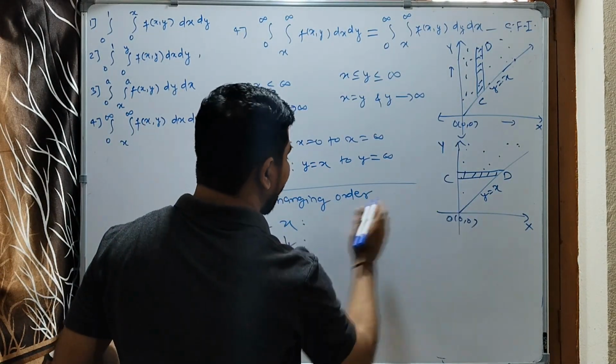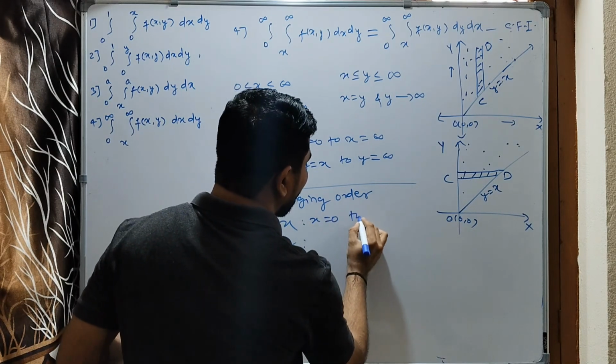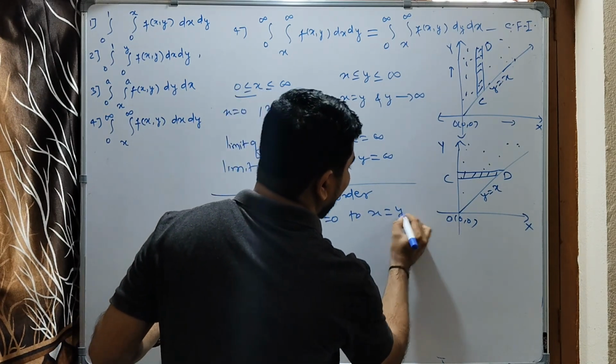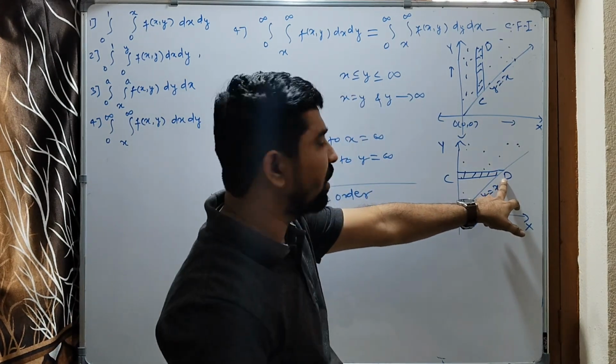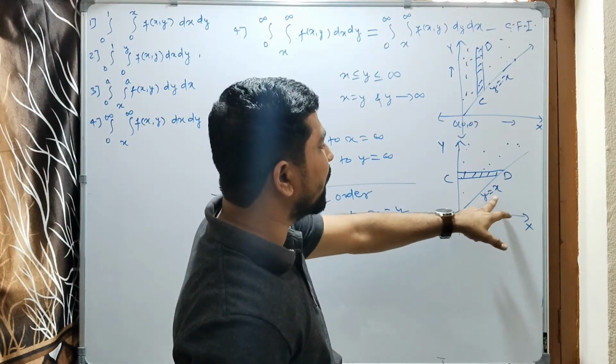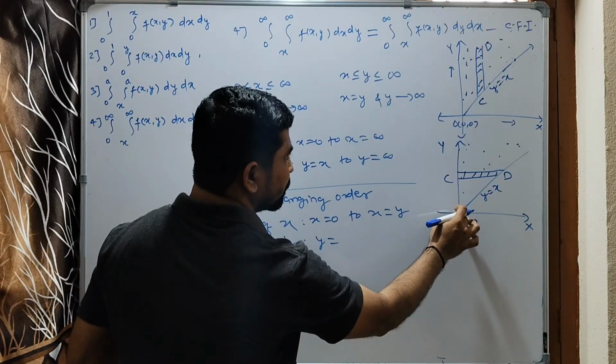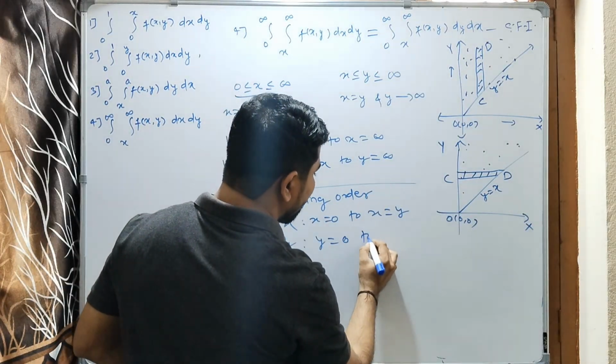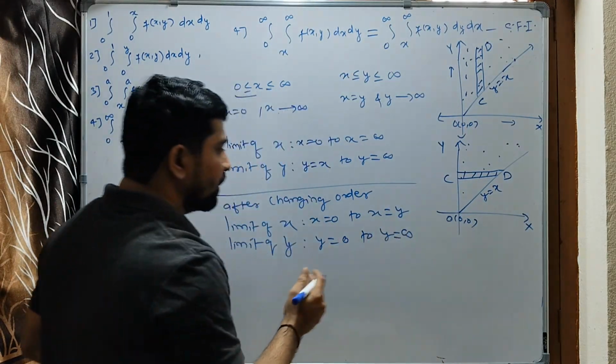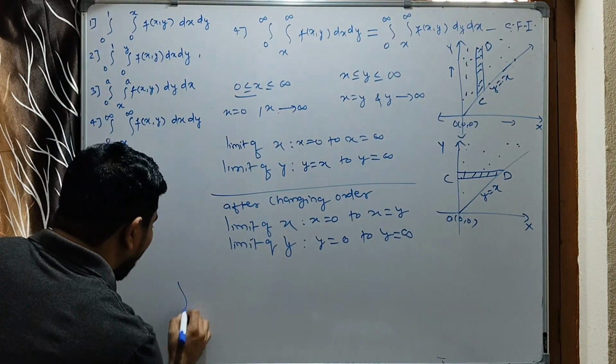So here, starting at the y-axis, x equals 0 to x equals... so here y. The value of x at each and every point. So here y equals x, and the limits of y are 0 up to infinity, y equals 0 to y equals infinity. Therefore, after changing this order, the correct form is: